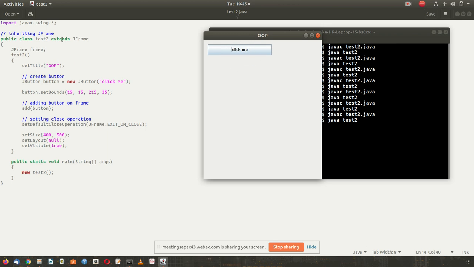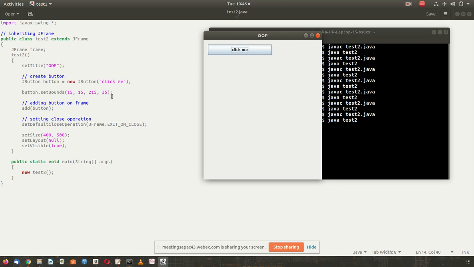Here you see we are extending the JFrame, so whatever default coding is there, we are all getting access. If you want to make changes, you obviously have to get access to the interface which Java has allowed the user to create his own program.